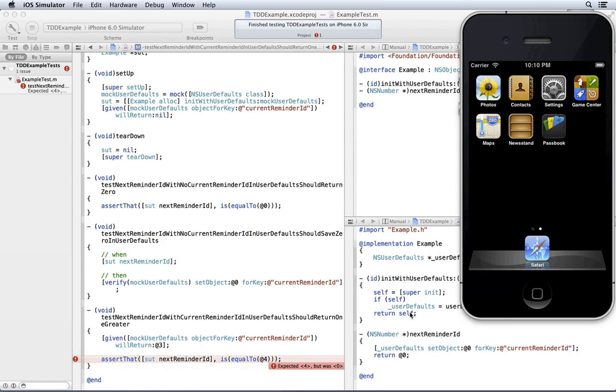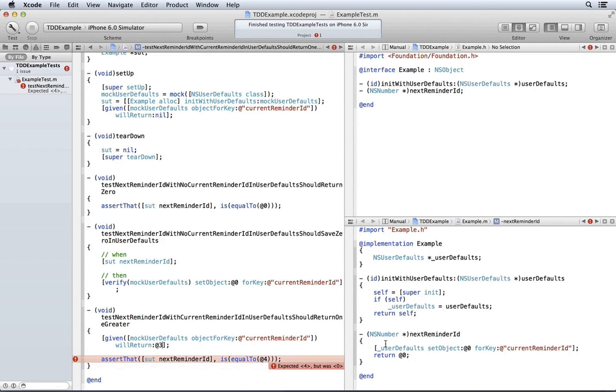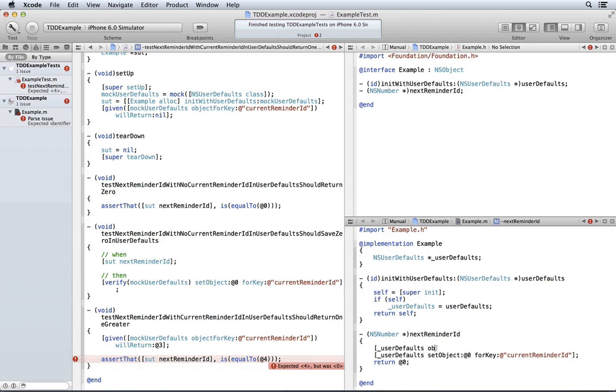Step 2, let's write the simplest code to pass this. So we come over here, and from user defaults, we get the object for the key in question.